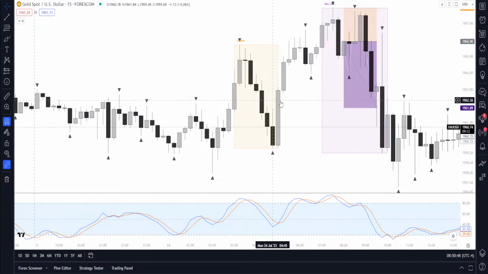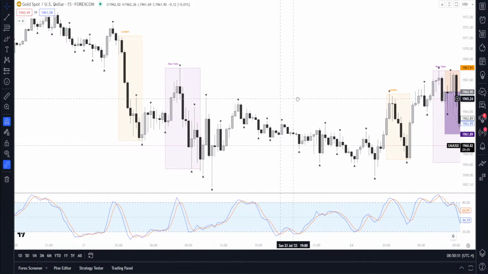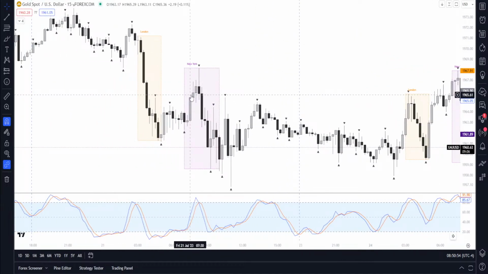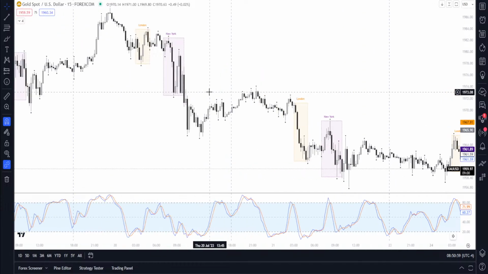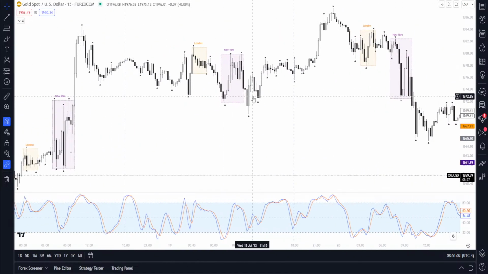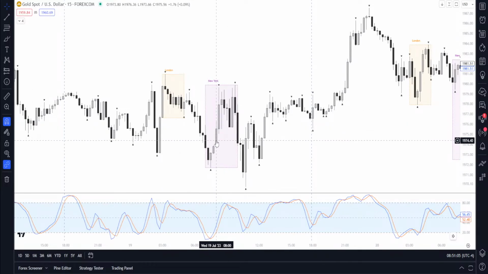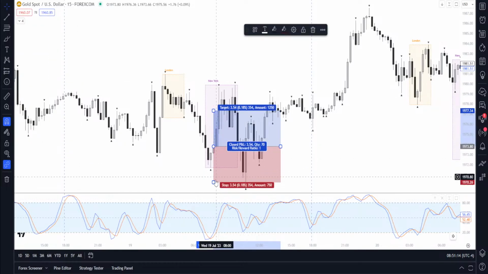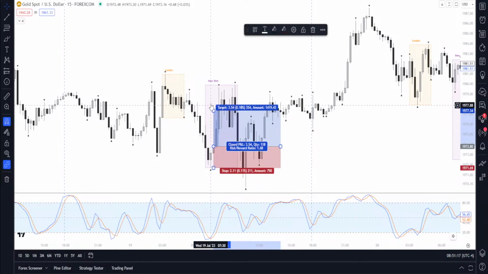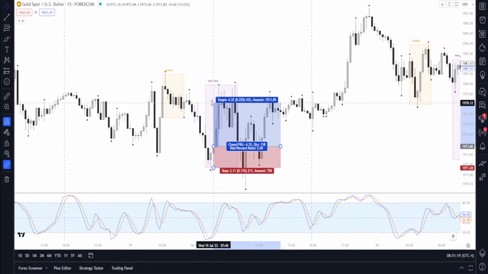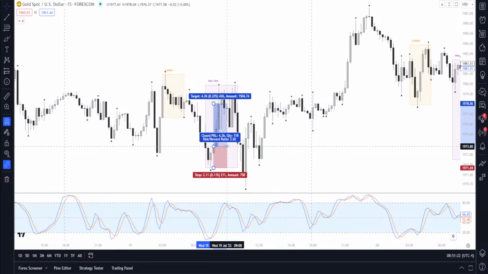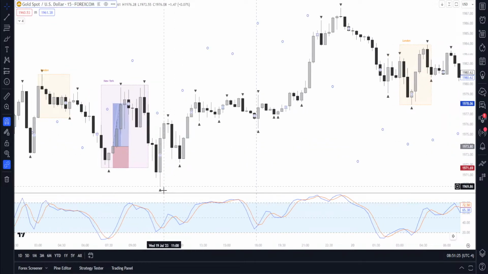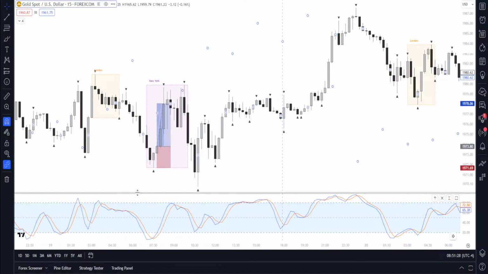So here's the morning delight. Let me see, did it have a signal here? I'm pretty sure it did not. I do believe on this day here, it might have had a signal right here. So I'm not just waiting for stochastics, right? We're not using the stochastics as a reason to enter the trade. We do use the stochastics to confirm the momentum, but just because it crosses does not mean we're taking the trade, because we know these indicators lag.